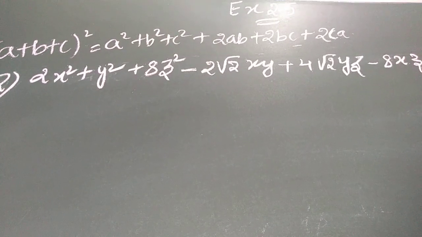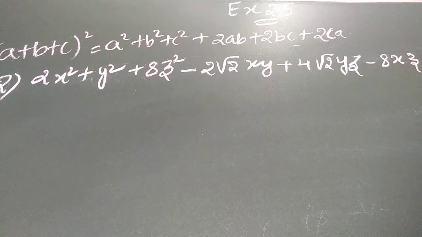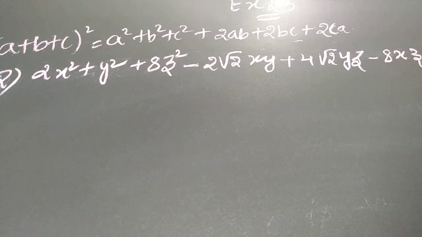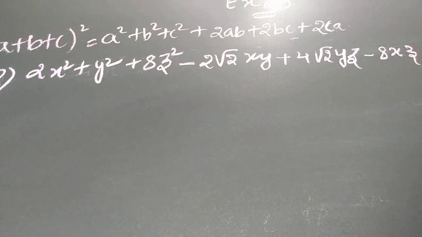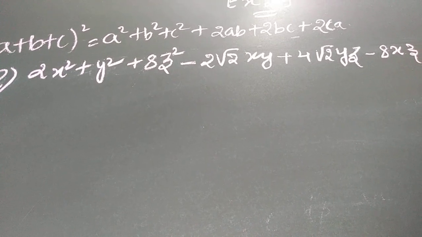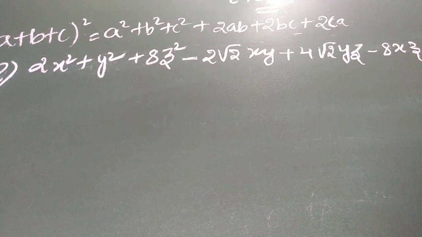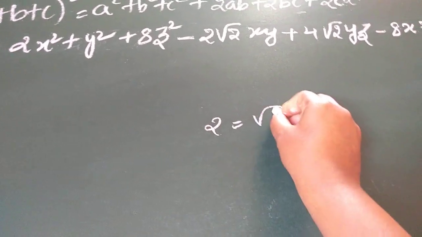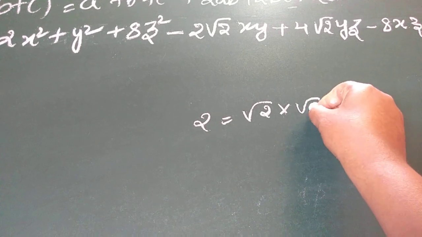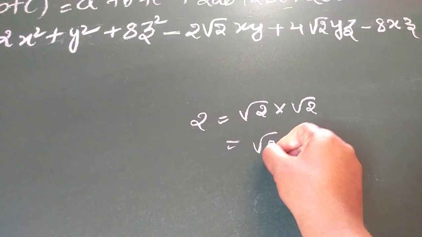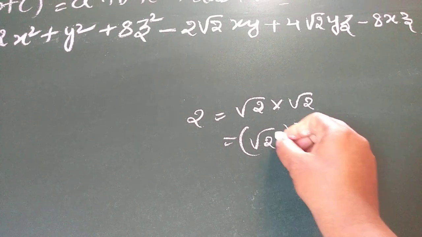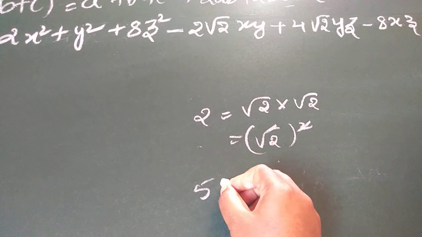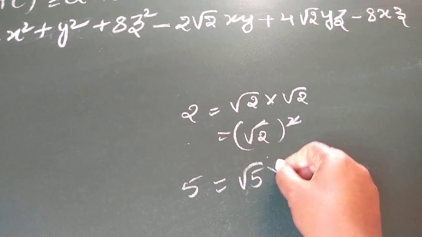So now as usual children, first we are going to compare the question with the given identity, as it is not in whole square form. We all know that 2 can be written as (root 2) whole square. Isn't it children? We have taught it in 8th class only, no? 2 can be written as root 2 into root 2. What happens now? Root 2 whole square. So now square and square root will get cancelled, and 2 is the same. Same with 5 also. If it is a 5, root 5 into root 5.